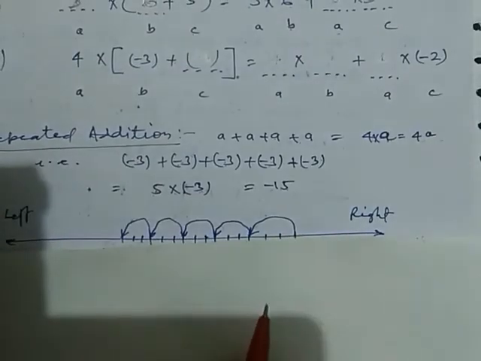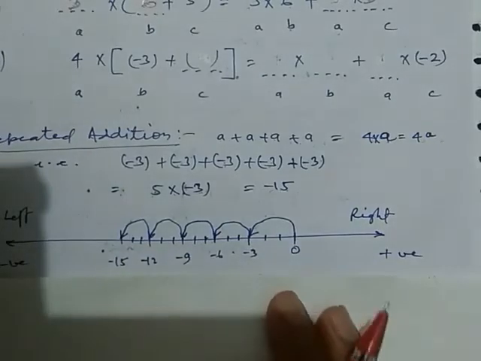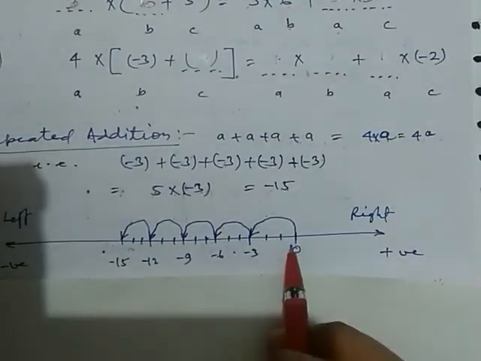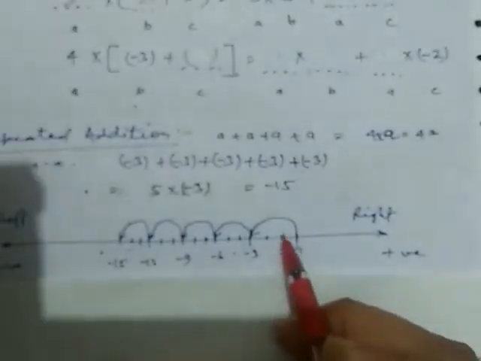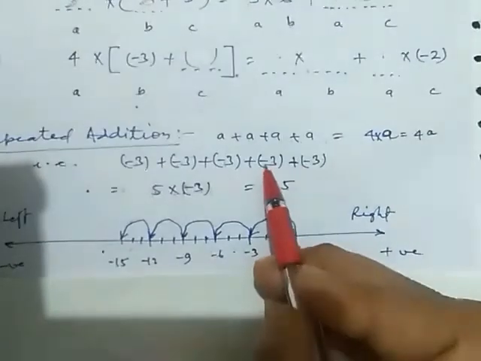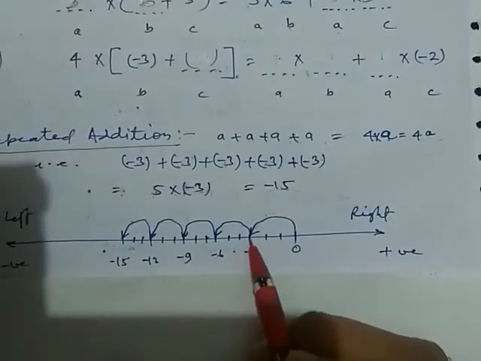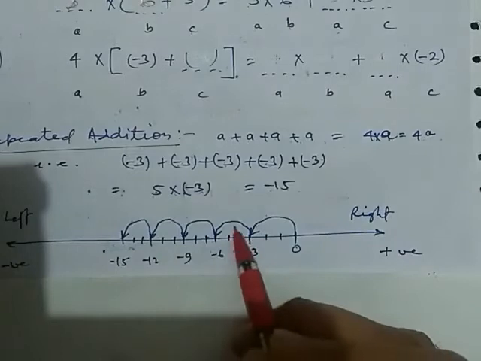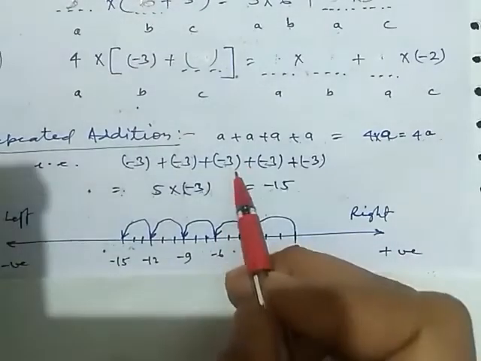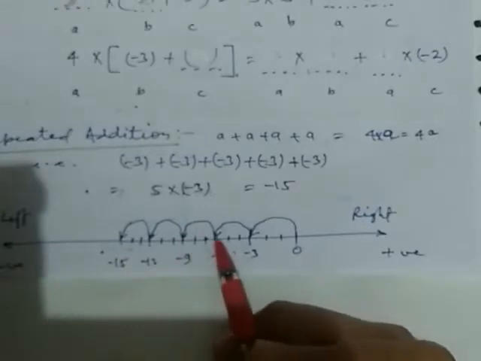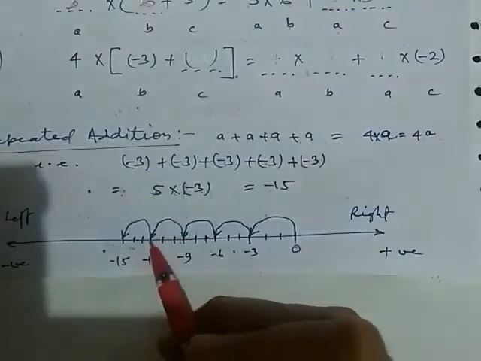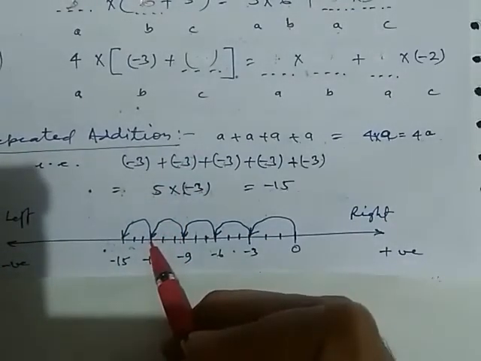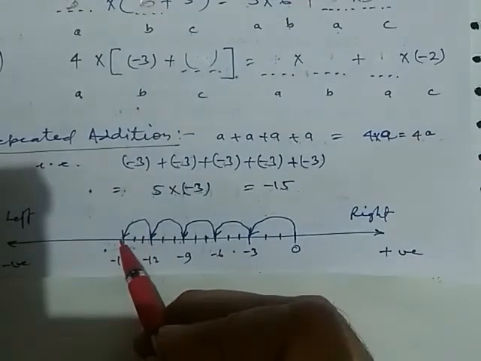Now we check on number line. Here is our number line. So first we plot these numbers. This is minus 3. 1, 2, and 3. This is minus 3. Now this minus 3, after again minus 3. 1, 2, and 3. This minus 3 here. Now this minus 3. 1, 2, 3. This minus 3 completed here. Now this minus 3. 1, 2, 3. This minus 3 is completed here. Now this minus 3. 1, 2, 3. This is minus 3.